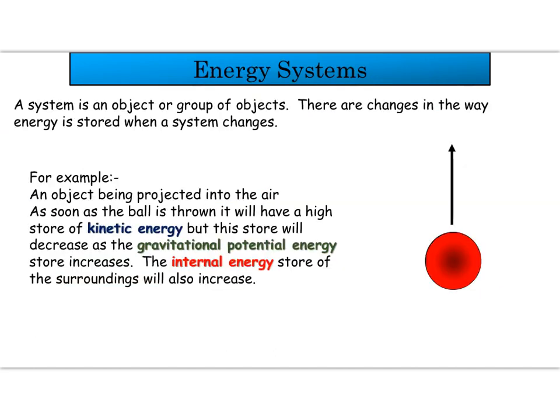We're now moving on to look at energy systems. A system is an object or group of objects, and there are changes in the way energy is stored when a system changes. And we're going to look at one example of this. So the example we're going to look at is the ball, which is highlighted here, and it's being thrown into